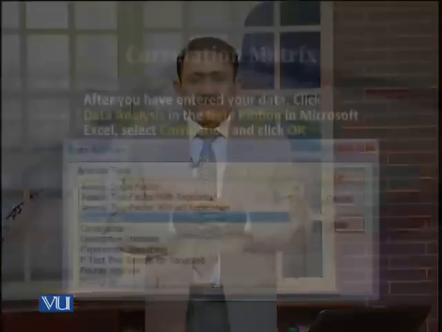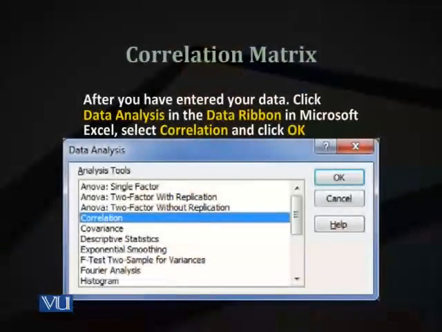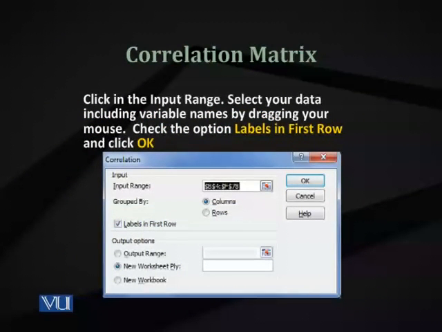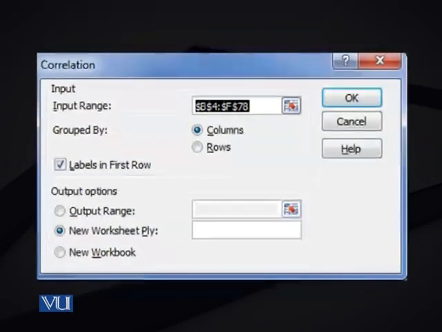For example, I request you to look at the slide where we show that we have selected the correlation in the data analysis window. You click on data analysis in the data ribbon and select correlation and click OK. You will be presented with a window with a field called input range. This is again input range of the variables you will select. There is no question of dependent or independent. So you have a single input range.